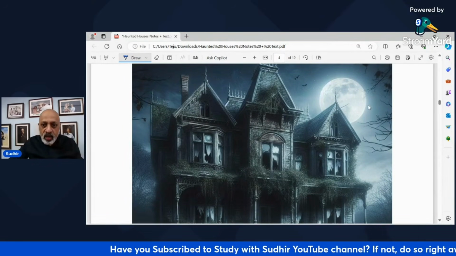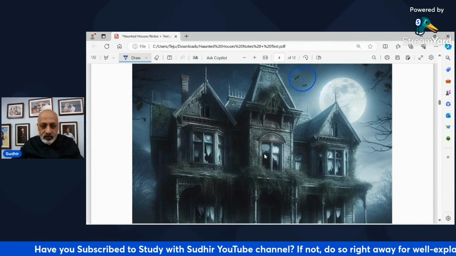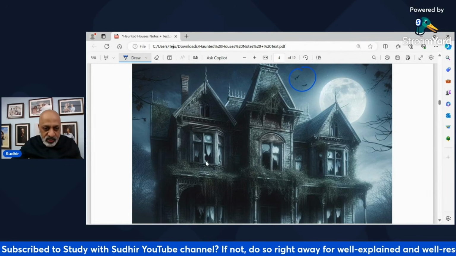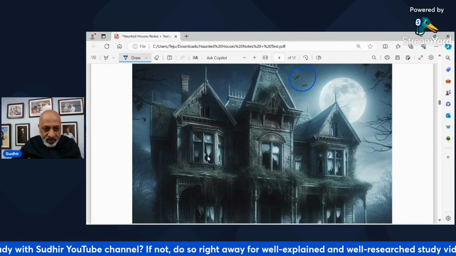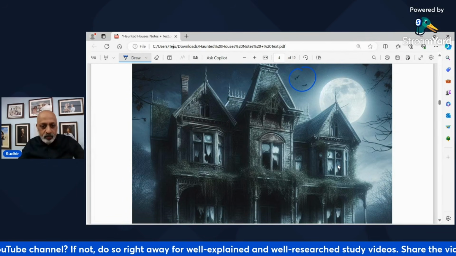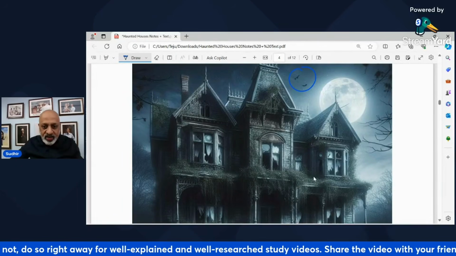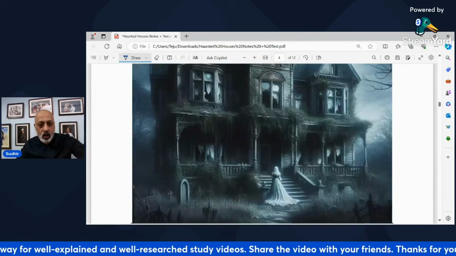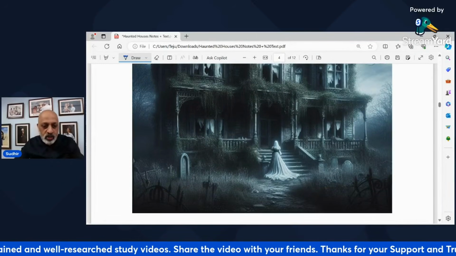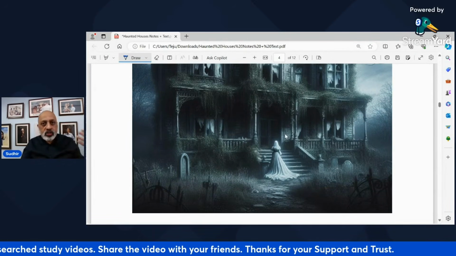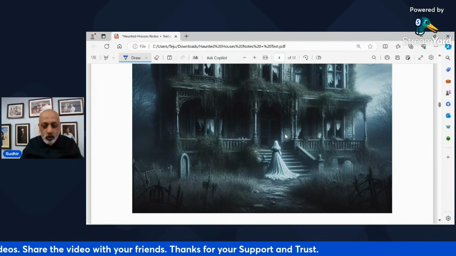Now, see this photograph. It gives you a sense. A full moon, the bats, the windows which seem to be broken, and some curtains which seem to be in bad shape. You see a lot of shrubs on the house, and then you have a ghost, a typical kind of ghost. Just imagine